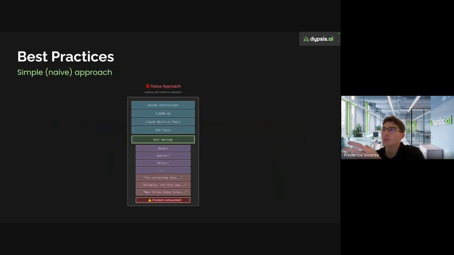So also talking a bit about the common approach that normally people follow, which sometimes fails.